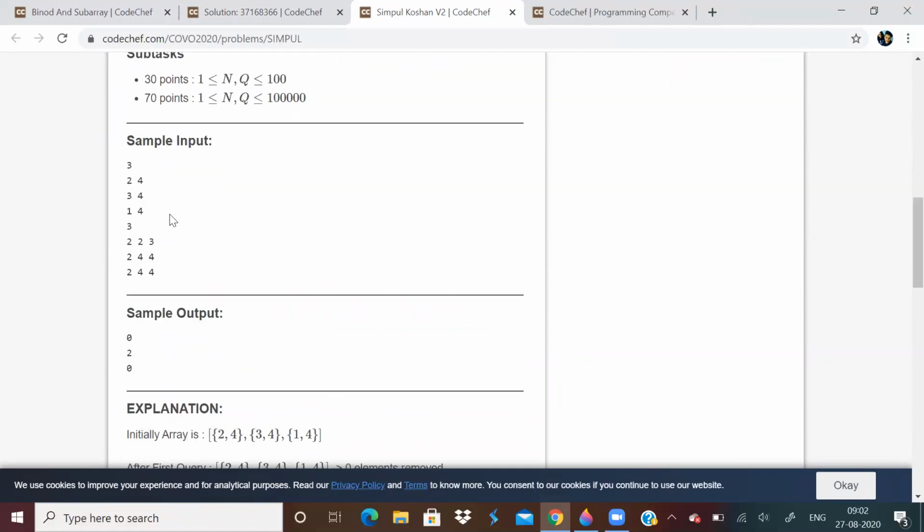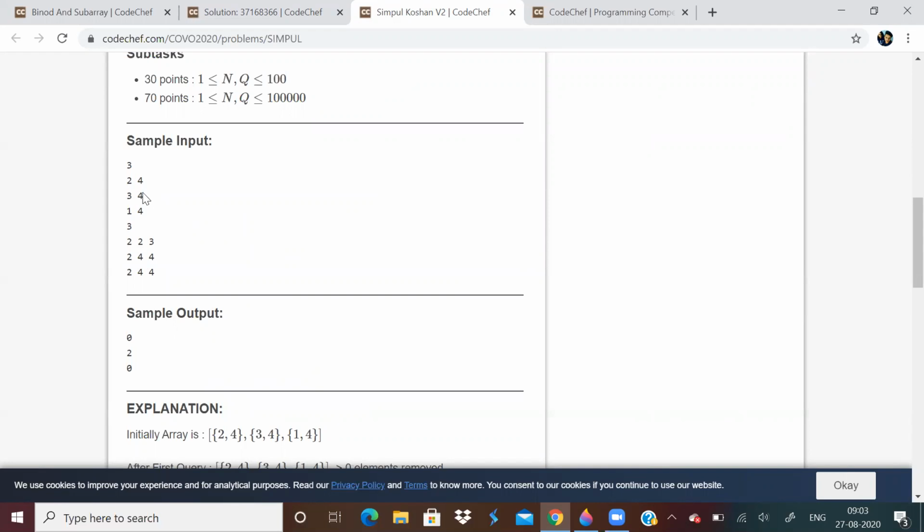So for example, if this is the condition, is there any height with 3? No. So the answer is 0. Is there any height with 4? Yes, 3 of them are there. But then we need the range. That is, 2 and 3 lie in this range.